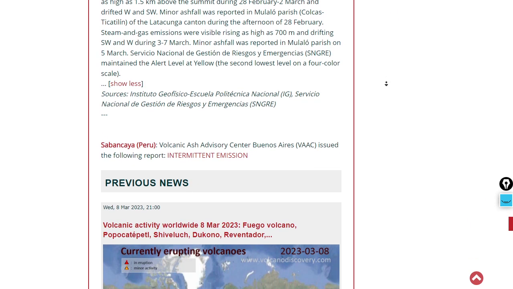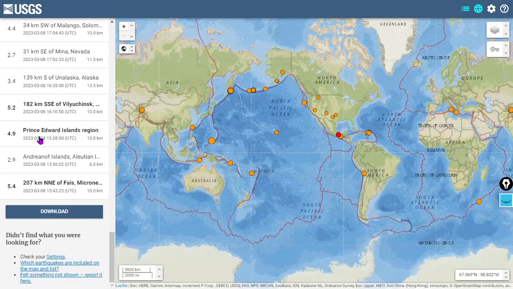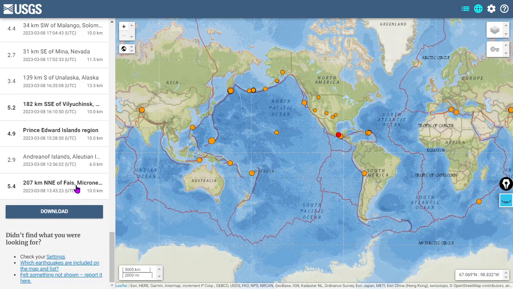And Sabancaya, intermittent emissions. And let's look at seismicity here, as we spent way too much time on volcanoes. What's going on in terms of earthquakes? So there's the past 90 days. Things have been mostly calm here. No major quakes. Lots of quakes in the Aleutians, so that is some kind of an uptick there. Looks like a lot of magmatic activity happening in the Aleutian Islands, characterized by both earthquakes and upticks in volcanic